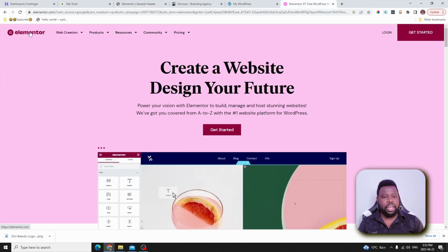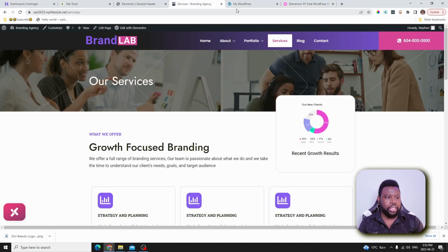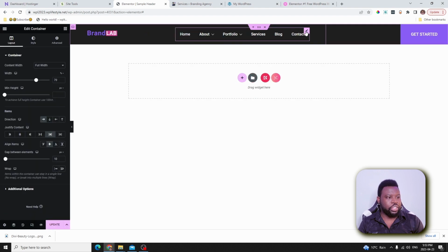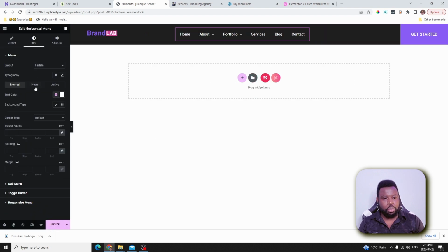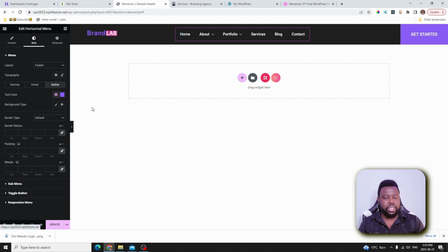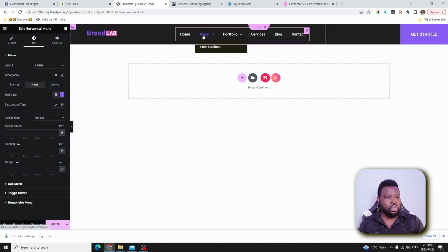And then you can see what they have here is just a hover effect, that once you hover over the menu item, it will change to a different color. You can do something like that as well. We come back here, you go ahead and select your menu item, and then come over here. We have the normal color as white, and then you can change the active color to whatever you want. So I will use the accent color as the active color, and then the hover color, I will also use the accent color as well. So once you hover over the text, you are going to see this color.